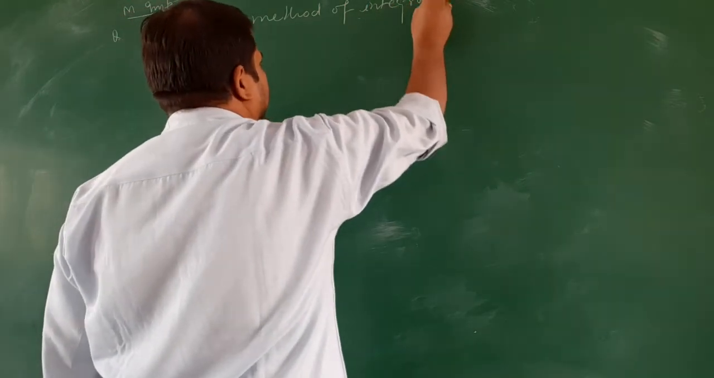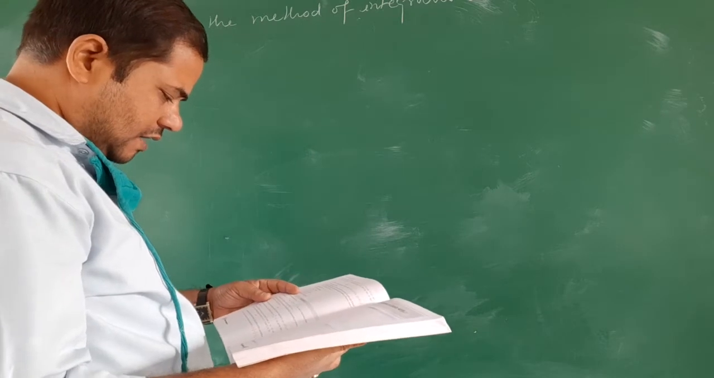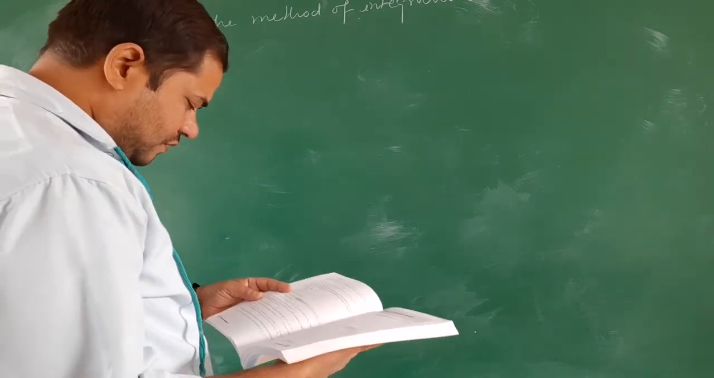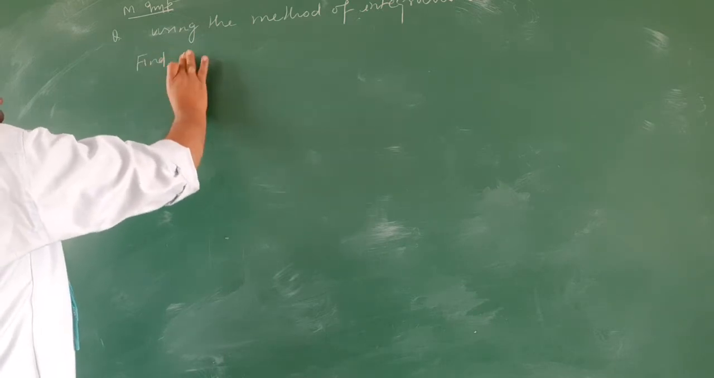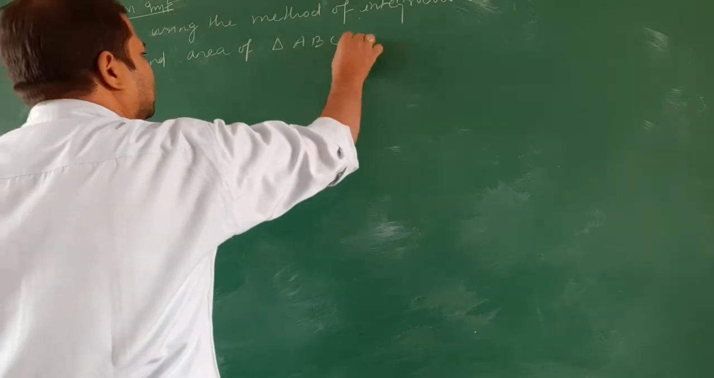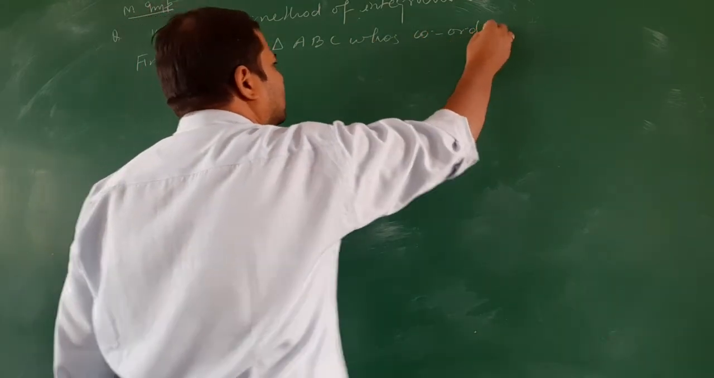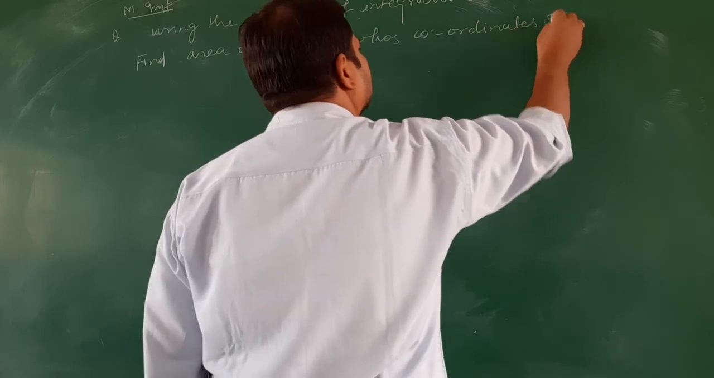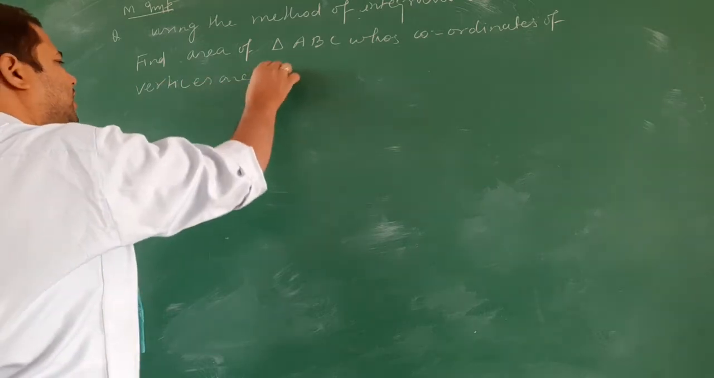Using the method of integration, find the area of a triangle ABC whose coordinates of vertices are given by